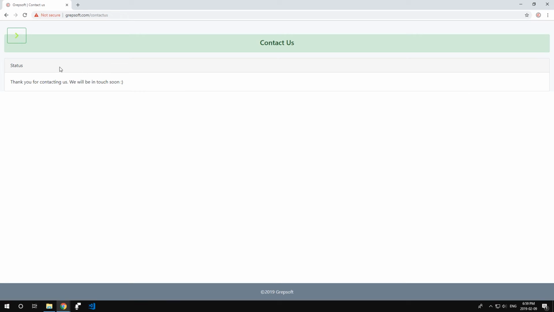Now you can see the status bar. Whoops, there you go, that went away, but there's a status bar that was done using Angular Material. We'll be seeing how to integrate that, and if the message went okay, which it did, and I got a notification on my phone, you get the success message that, hey, thanks for contacting us, we will be in touch soon. So there you go, that's your website,